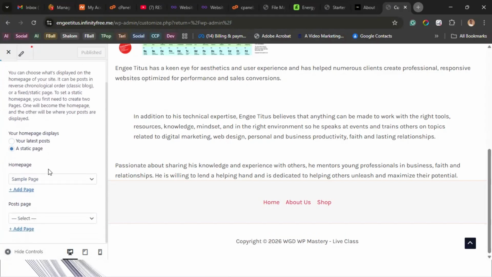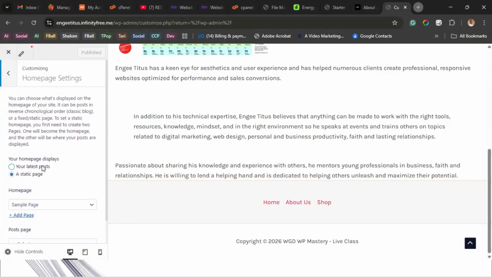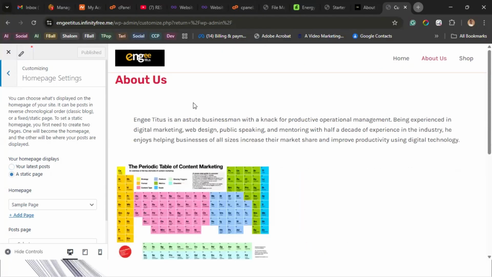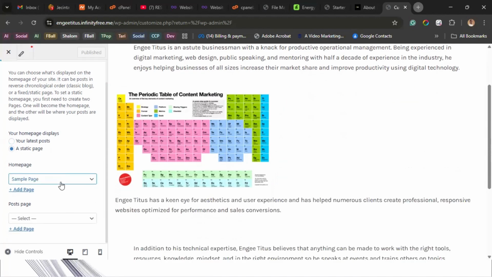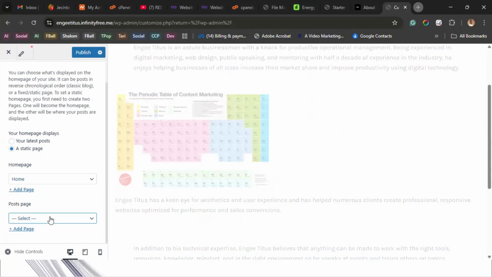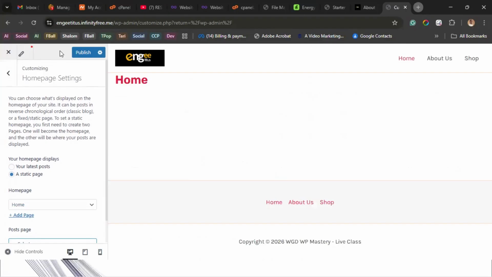So your homepage setting, you can choose. Do you want your homepage to be your latest post? Like any post you create recently will just become your homepage. That's if you have a blog, that's how you should do it. But if you have a static page, like a portfolio website, you need to choose a static page such that your home page remains your home page, your about page remains your about page, so that it does not change. So you need to choose what you want. If I choose my home page now as my home page, post page, that's where you want your blog post to be. If I set this now, whenever you go to,